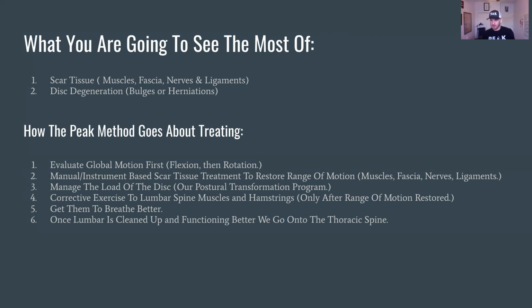So how do we go about addressing it in the PEAK method? First, we evaluate global motion. Our first role is to see what flexion looks like in the lumbar spine, and also see how the hamstrings and the sciatic nerve are lengthening. Then I go in and check some rotation. Then we do manual and instrument-based scar tissue treatment to restore range of motion, and we directly treat muscles, fascia, ligaments, and nerves. We do manage the load of their disc because we have to manage the load in between,